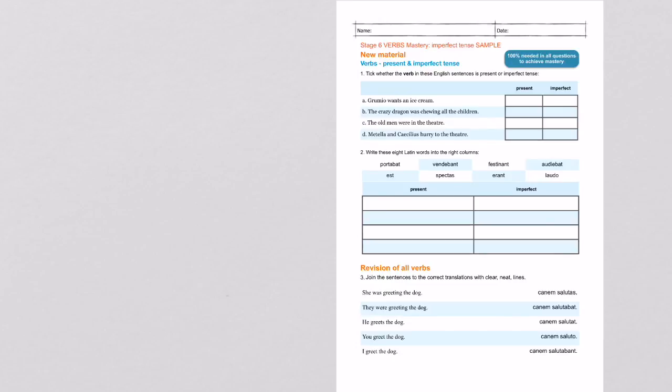Right, welcome to the Stage 6 sample test. Let's start by putting on the left-hand side what you have to know to pass this test. So it's about the difference between the present and the imperfect tenses of verbs. So the present tense